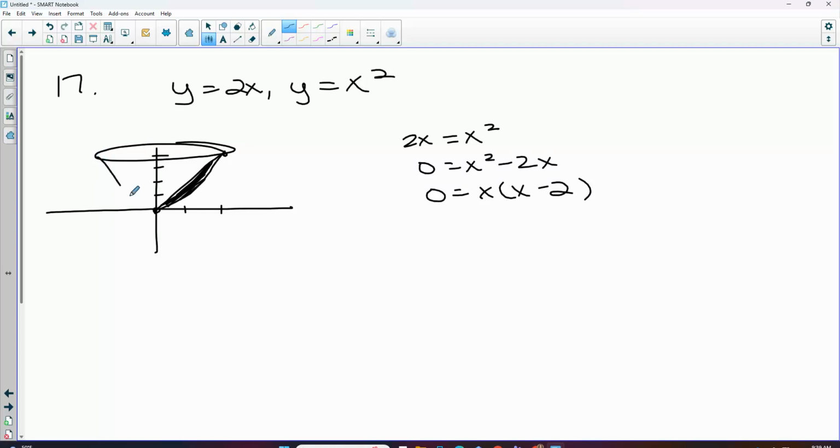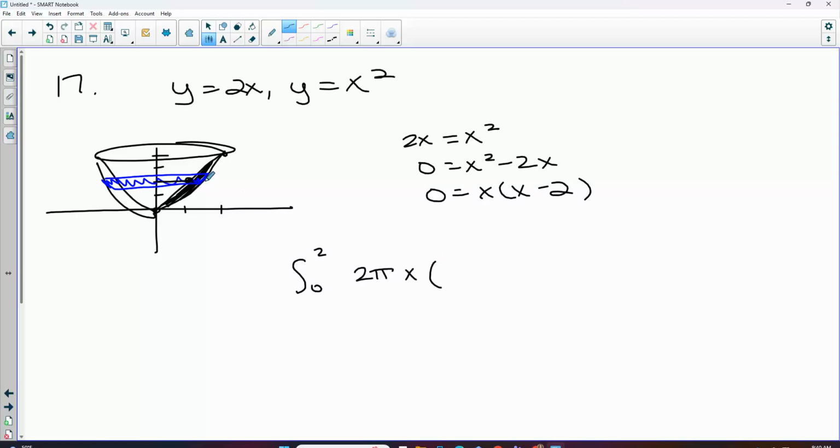Coming this way. This is the one where we kind of did it opposite. Even when we're rotating around the y-axis, we typically set up our shells in terms of x. So we already found our x's to be 0 and 2. Right, so our shells would be taking chunks out of here and finding the volumes of those chunks, essentially. When we look at that, we said you have to do 2 pi times the radius, which if we do it this way, that's why we do it in terms of x, so our radius is just x,